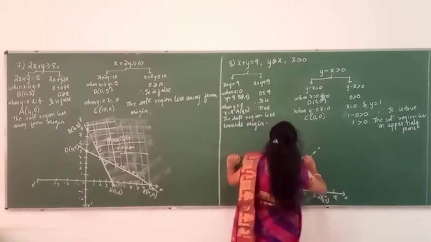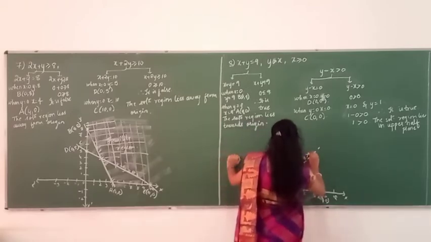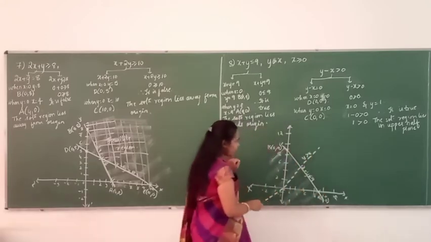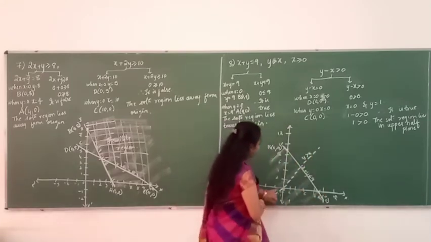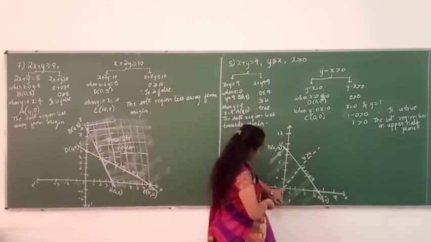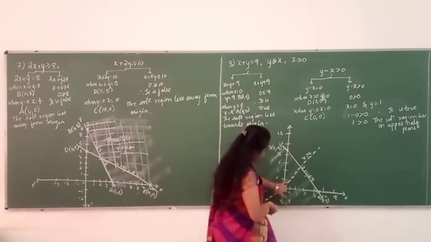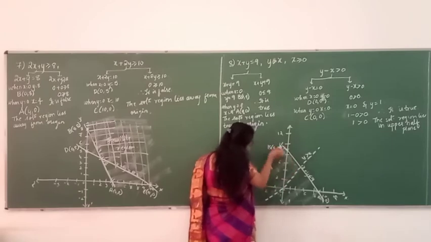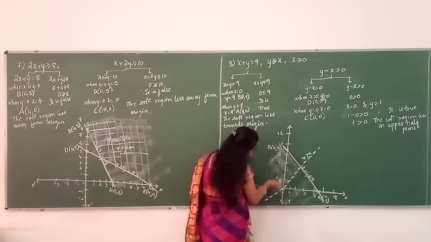It's just y is greater than x. Now just check where does it lie. The point lies here. Yeah, it is 0, 1. So your 0 on the x-axis is here and your 1 is here. So it will be lying somewhere here. The point will lie here. So it will be shaded in this way. That is the upper half plane.